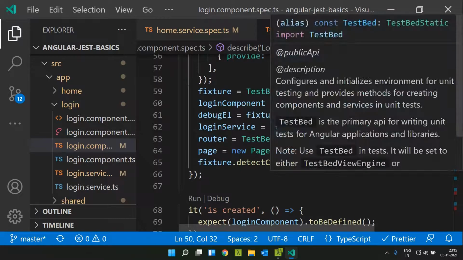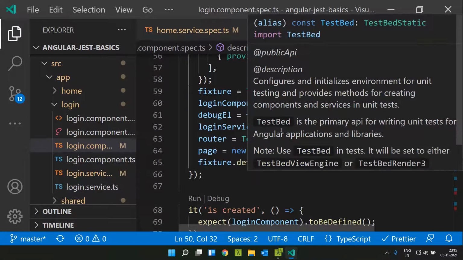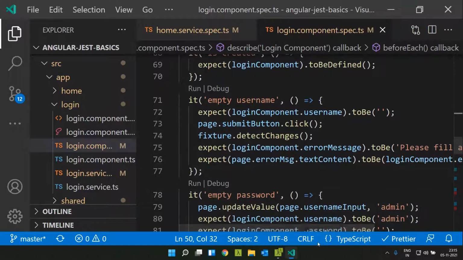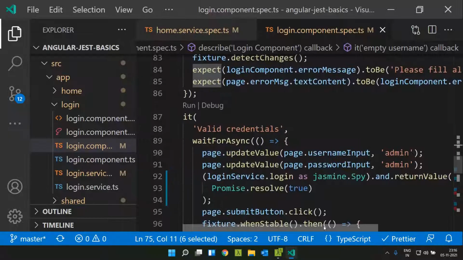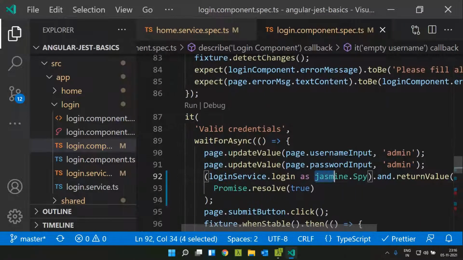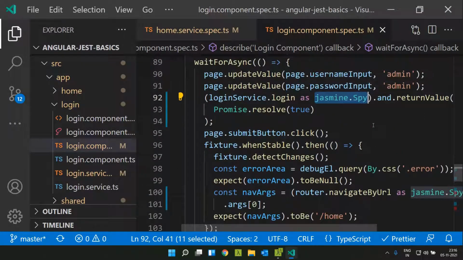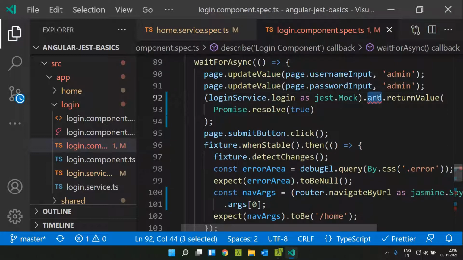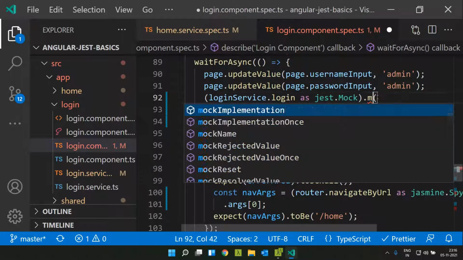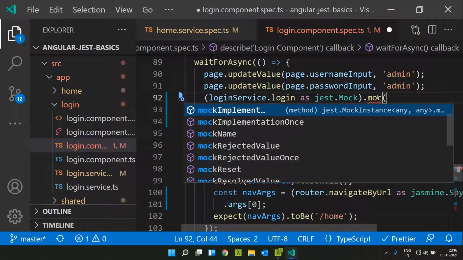So here in the Angular part where we create the components, fixtures and all, we needn't make any changes. Everything, the assertions, everything are very much similar, and there are only very minor changes. One such change I'll be showing. So here again we have the same issue, we are typecasting it as jasmine.spy, so we can replace it with jest.Mock. So once we do that, again we have the same issue which we faced earlier. We can make use of the mockResolvedValue.